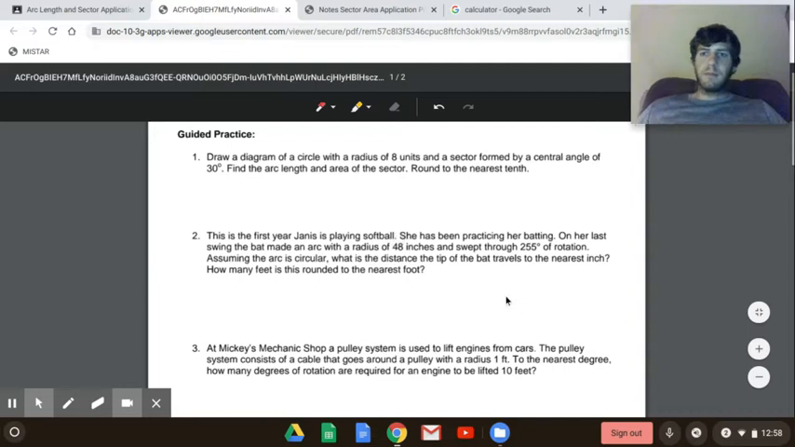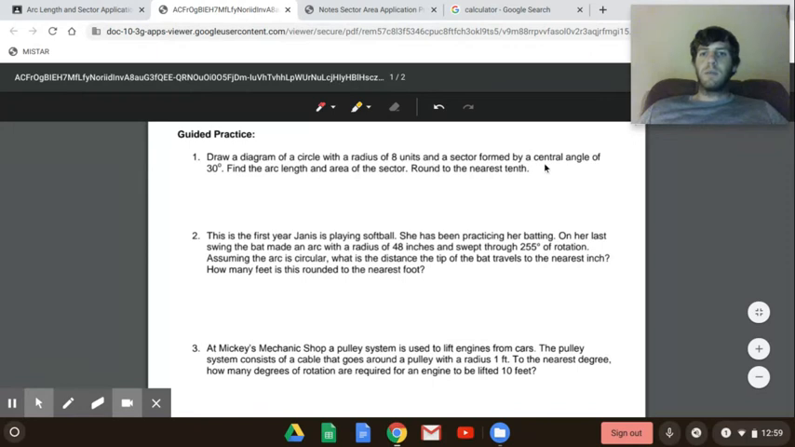Hi guys. This is not really notes, it's just some example problems to look at for the arc length and sector application worksheet in iLearn. Then we're going to go over two of the iLearn questions. I'll do the three guided practice problems on the worksheet, and then we'll go through two of the iLearn questions. All right, so number one says draw a circle with a radius of 8 units